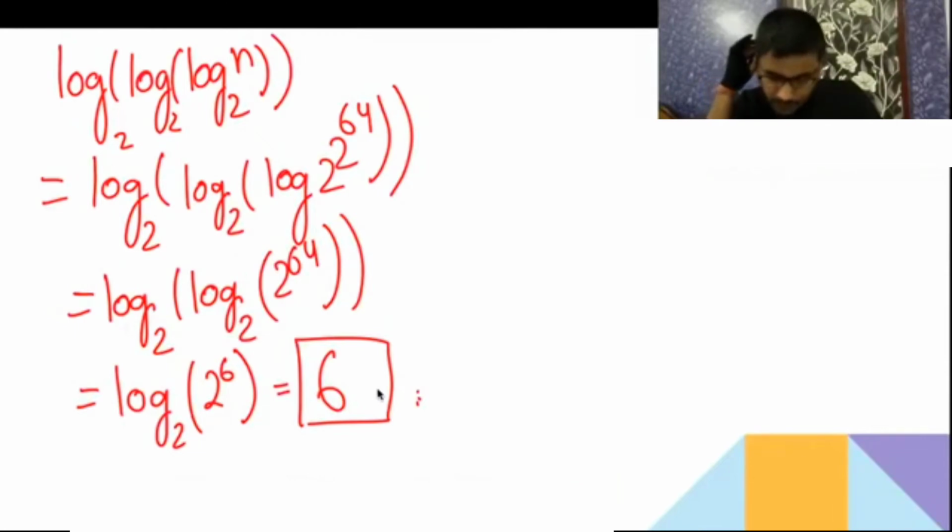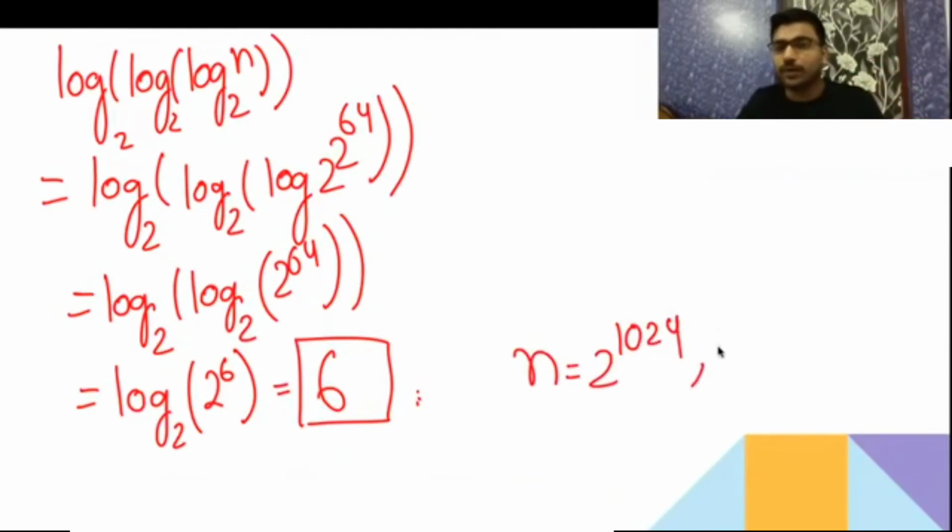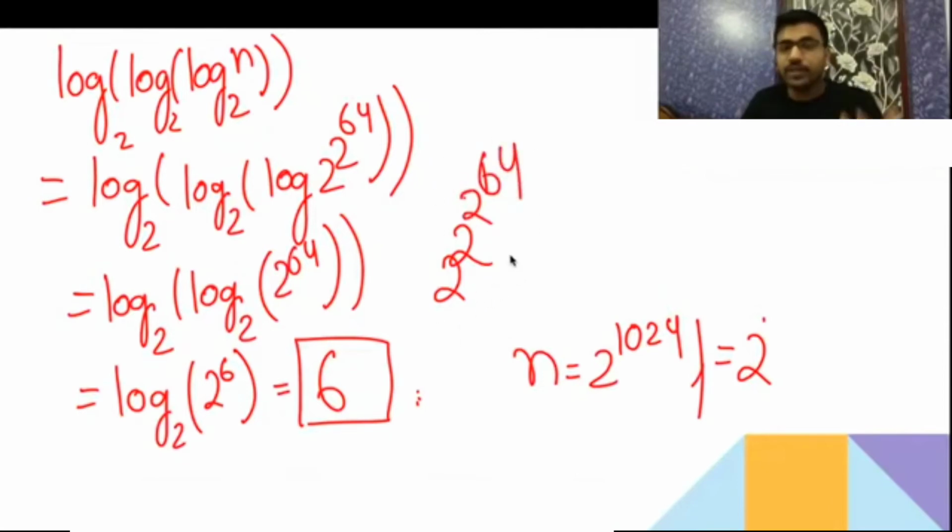That is why I told you that you have to always take n equal to some bigger number. Always take n equal to 2 to the power 1024, or some number as 2 to the power something, like this. So this is going to be the bigger number. Since you are taking the log, you will get some number in base 2. That is why I'm taking power 2, then again power 2, then again power 2. Now see the next one and try. The bigger number is going to be your big O. Try this.